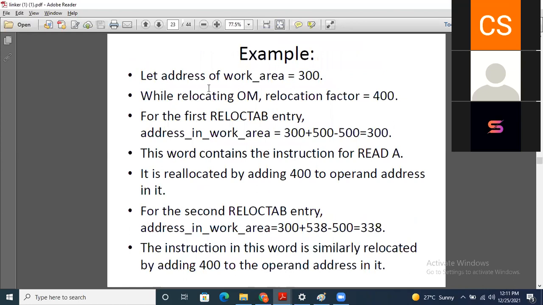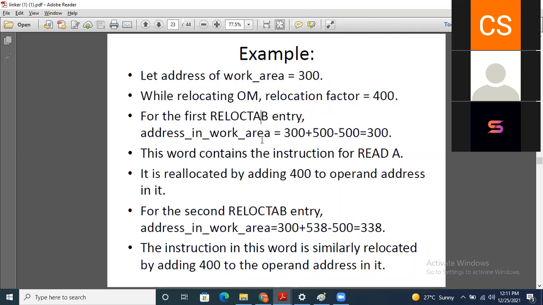So suppose I have the work area starting from 300, and while relocating, the relocation factor is 400. In that case, for the first reloc tab entry, you will have the address in work area.